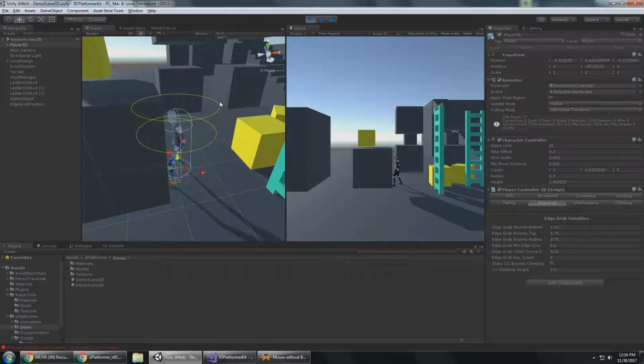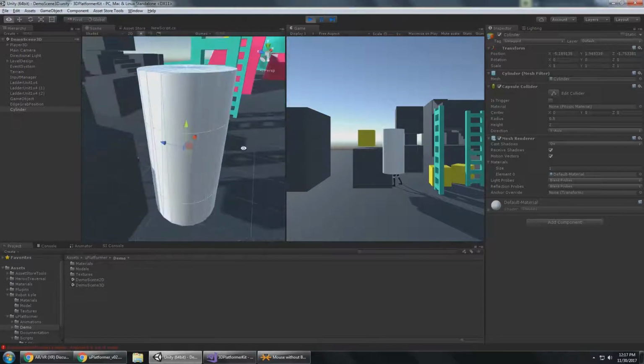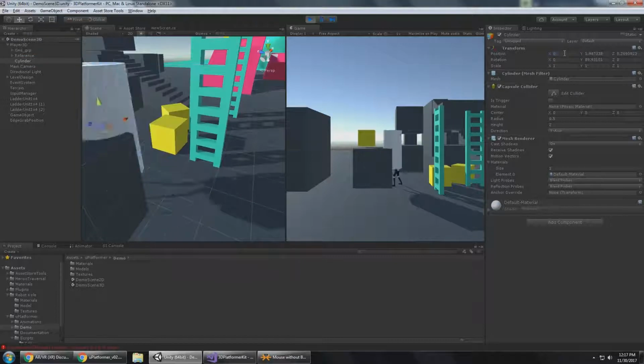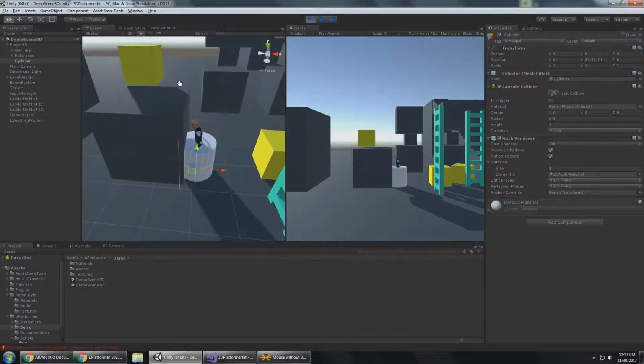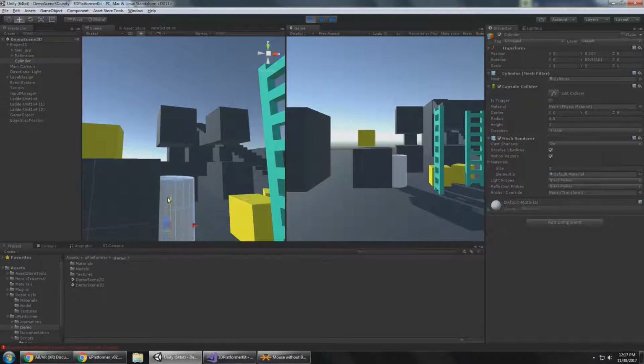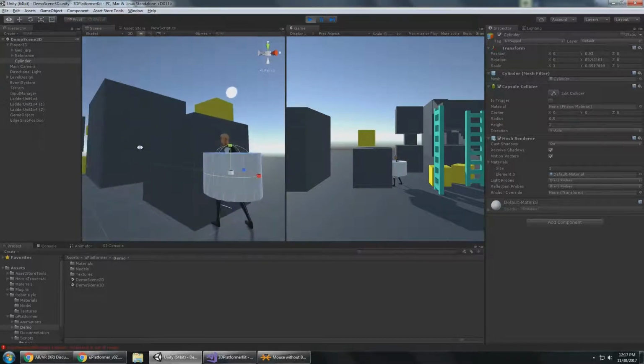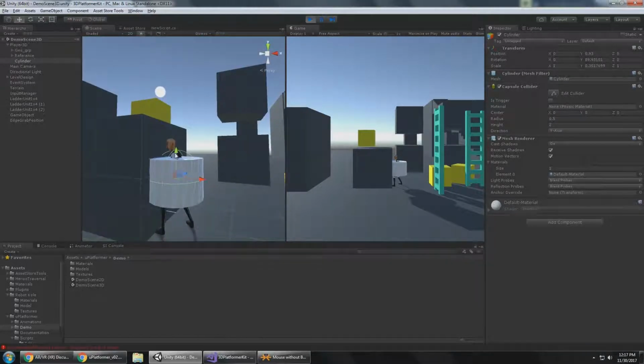You can visualize it like this. So I have the cylinder. Let me just make that a child of the player, and I'm doing this to visualize that you're defining an area that's somewhere like this. It's going from about the top of the player's shoulders,